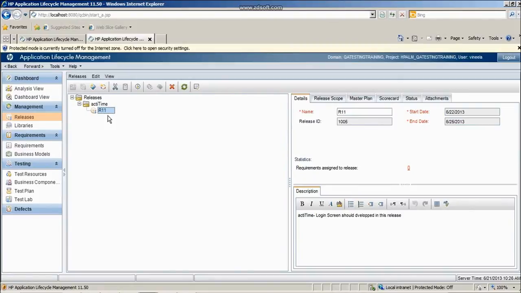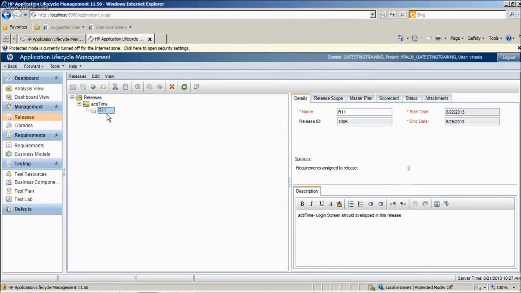What is a cycle? In the release folder, once we have created it, we need to have some cycles so that the requirements can be broken down in a set manner. A set of requirements will be broken into cycles. Each cycle will go with some requirements, so it will be easy to track, easy to develop and test, and easy to manage the things.